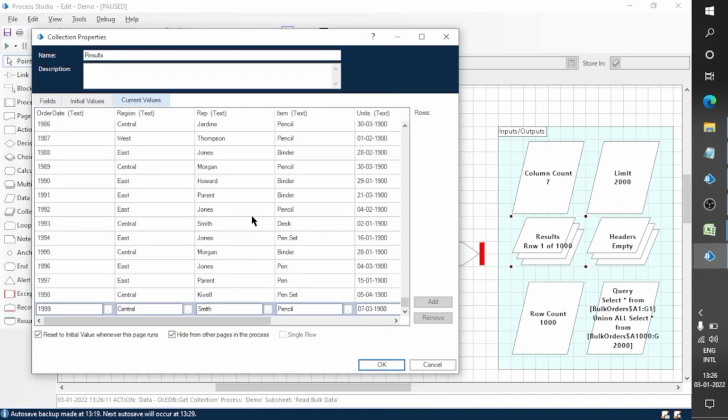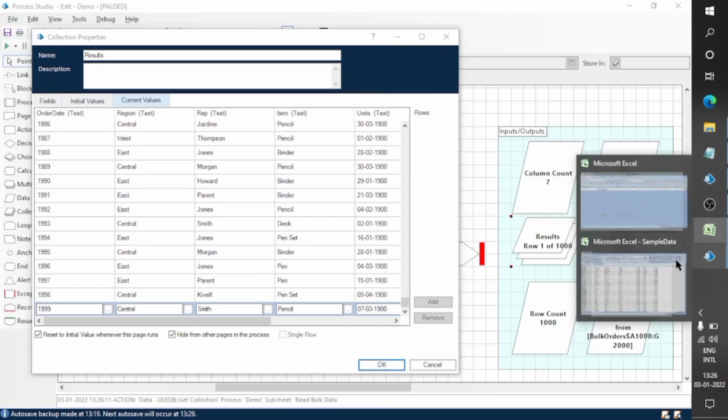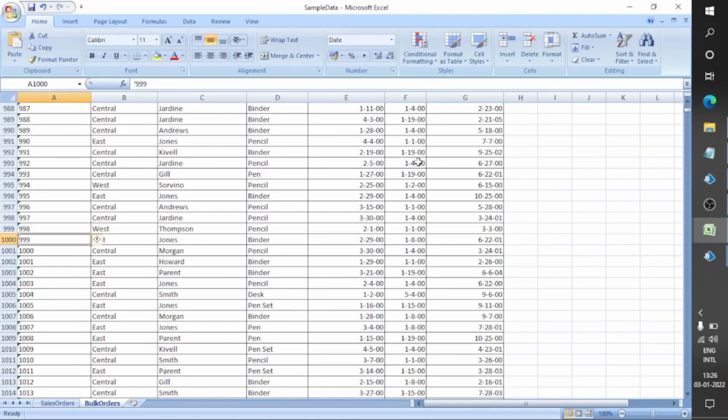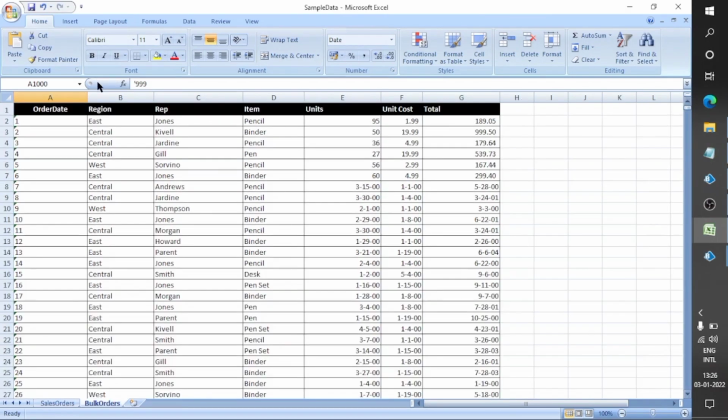In the first iteration we will get 999 rows. In the next iteration we will get 1,000 rows, because A1 is part of the header, so we are fetching this row 2 times. In the first iteration, first we select A1 to G1, and in the next statement we fetch A1 to G1000, so we fetch this row 2 times.